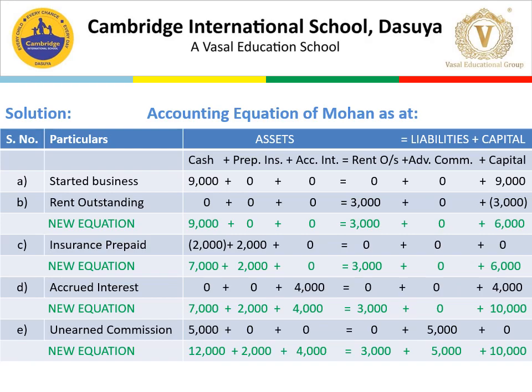Next is unearned commission, that is commission not earned but received, that is received in advance. So cash is received in advance, added in cash, but work to be done in near future, so it will become a liability. So there is a new column on the liability side under the name of advance income 5,000. So the new equation would be cash 12,000, prepaid insurance 2,000, accrued interest 4,000, rent outstanding on the liability side 3,000, advance income, that is advance commission 5,000, and capital 10,000. Both sides equal rupees 18,000.